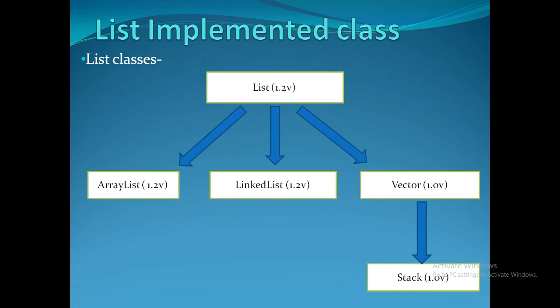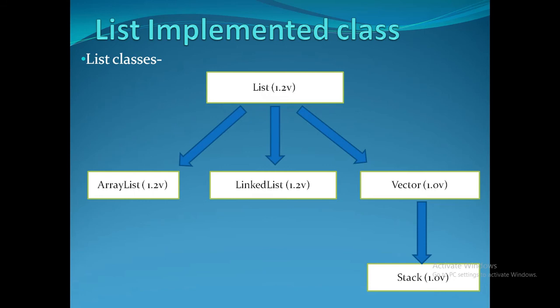You may have a question: why are there these kinds of classes which implement the same interface? As I said earlier, an interface only gives the contract. So whatever classes implement the list interface have to satisfy that contract. Contract in the sense that list has declared several methods, right? Get, addAll, and some methods specific to an index. Whatever classes implement this list interface have to satisfy all these methods, meaning all these methods should be present in the implementing class.